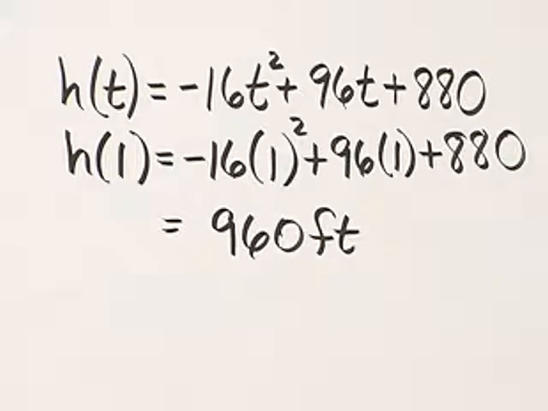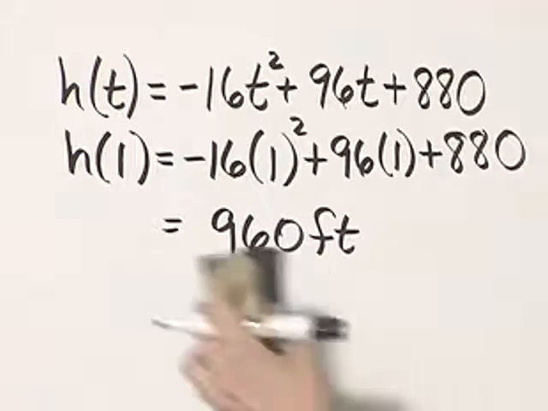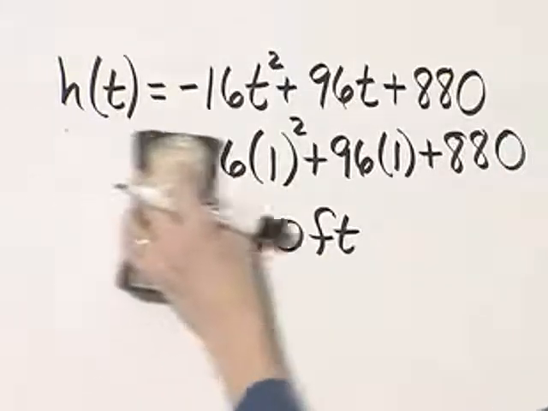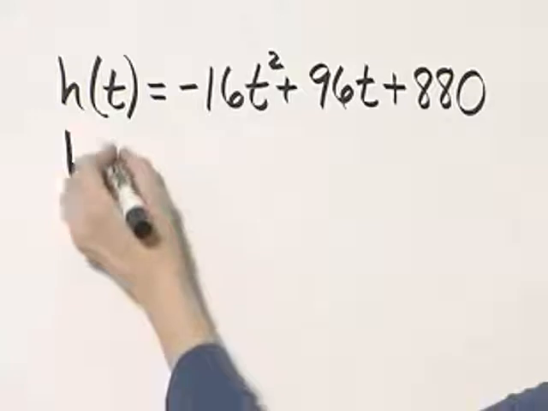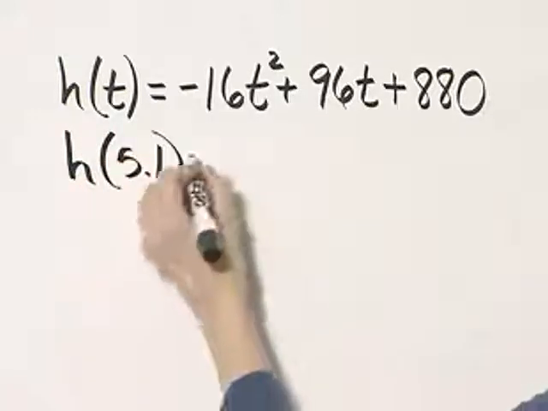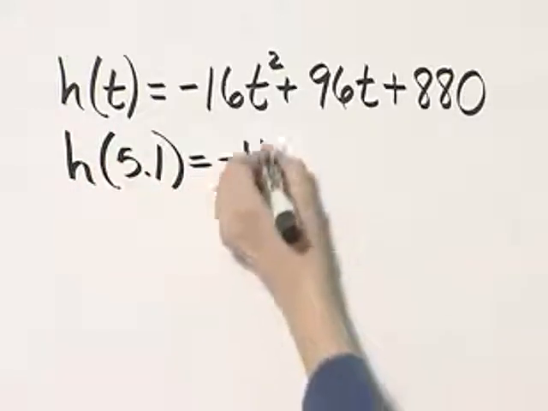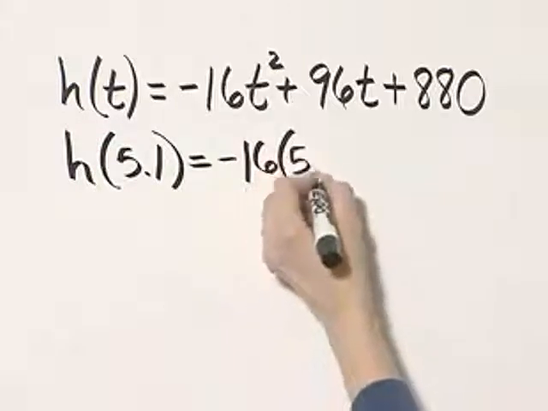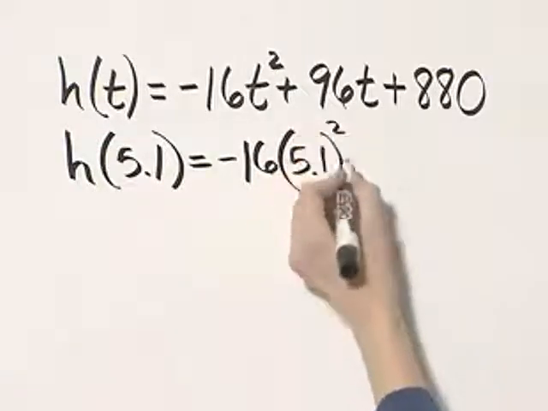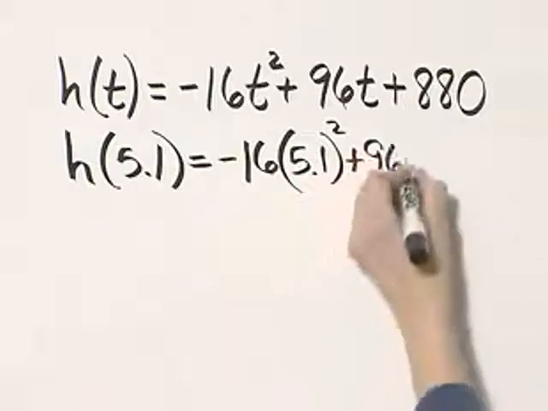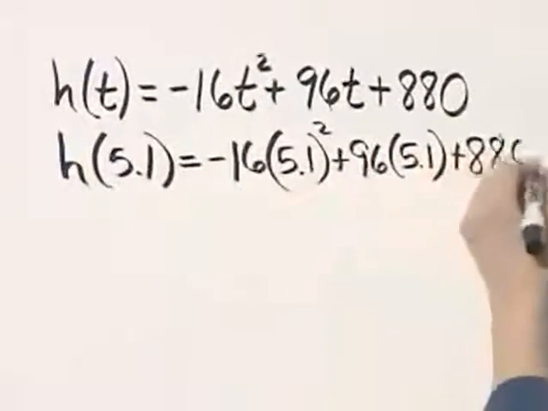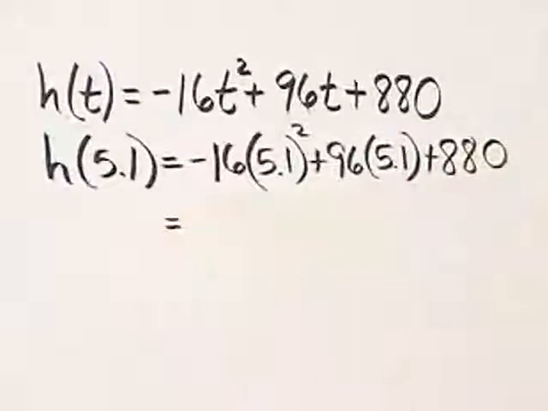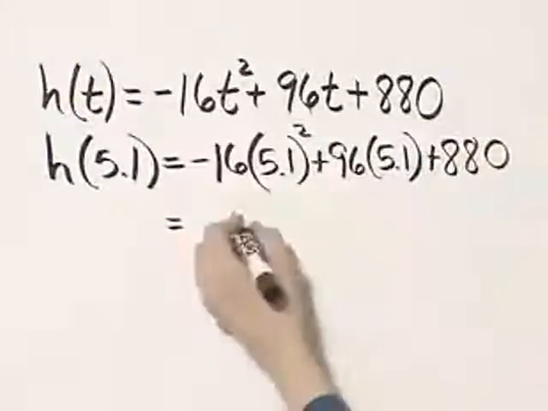Now, how do we find the height of the pebble when t is 5 1/10? That means after 5 1/10 seconds, we would find h of 5 1/10. So that's negative 16, be very, very careful, times 5 1/10 squared plus 96 times 5 1/10 plus 880. And if you simplify the polynomial on the right, you'll find